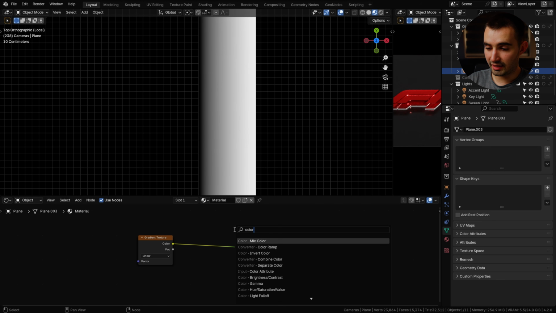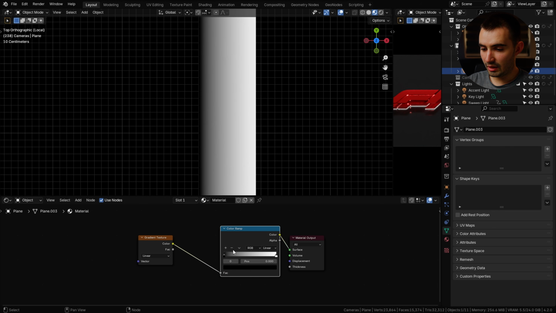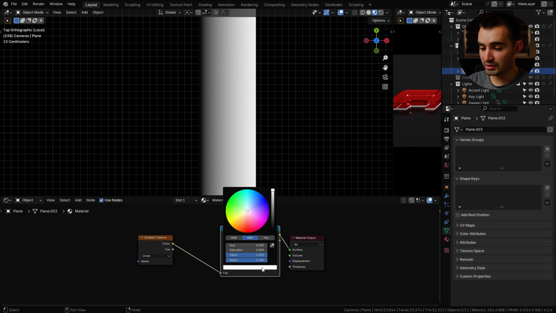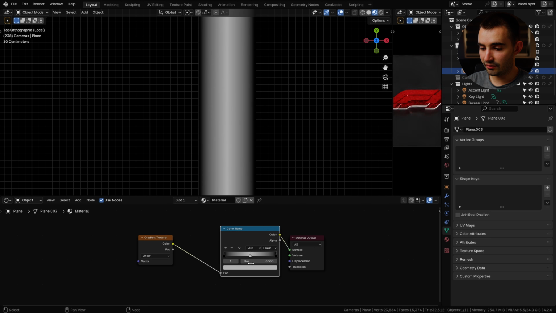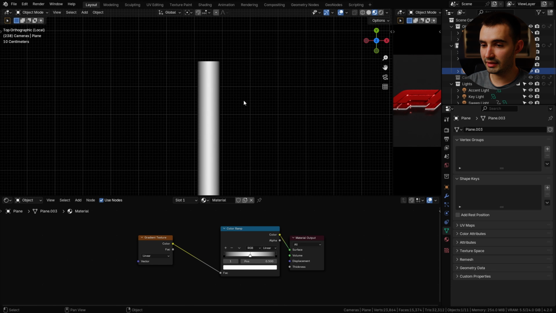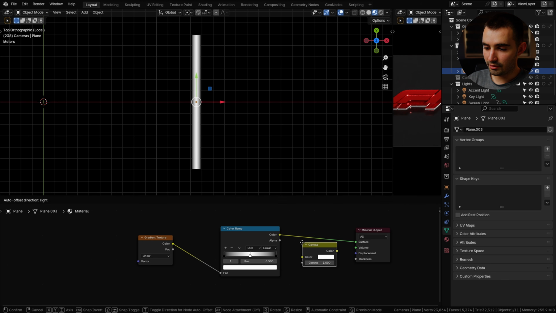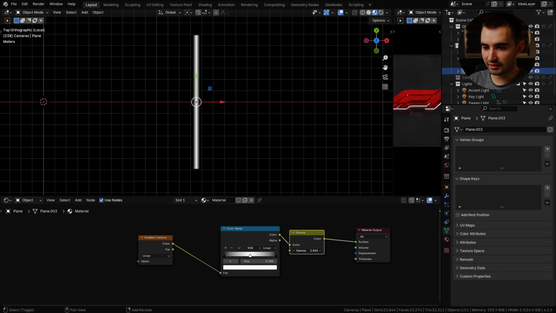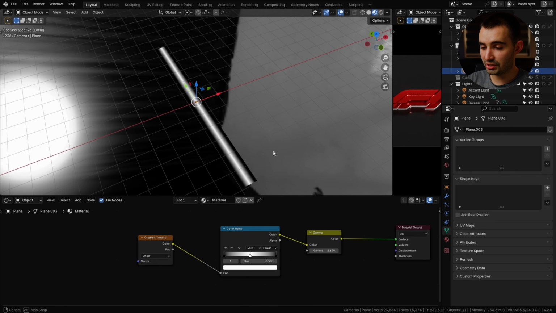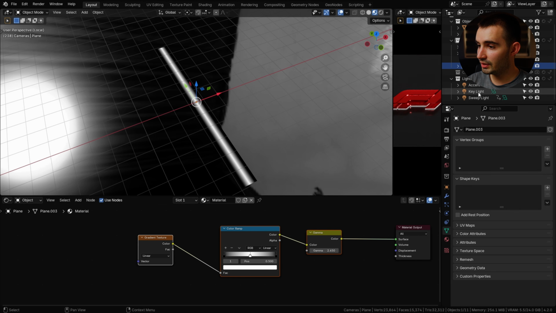And now we can add a color ramp node in between, and we'll add a new point, and we'll make the 2 points on the sides completely black and leave the middle point set to white. So it looks kind of like those tube lights you would see used in filmmaking. And then using a gamma node, we can tweak the softness of that. So this is just for visualization purposes, but now we can copy these nodes, go over to the sweep light